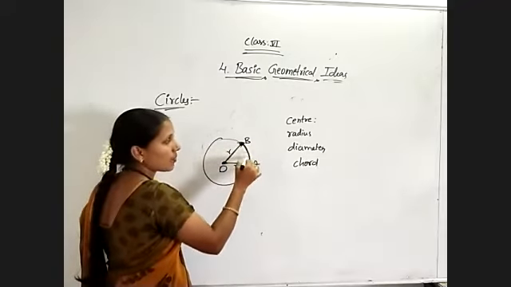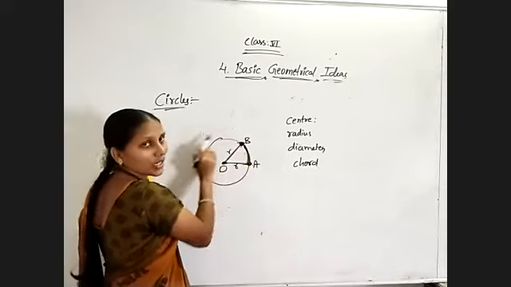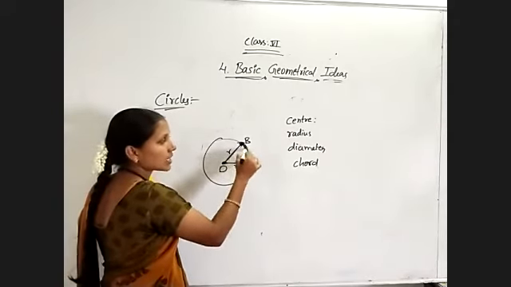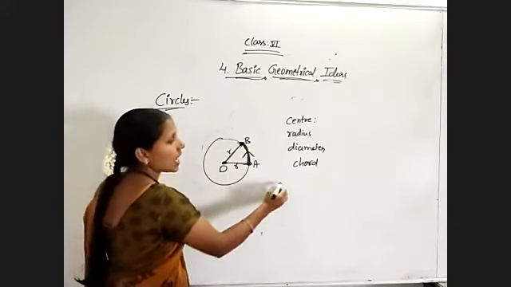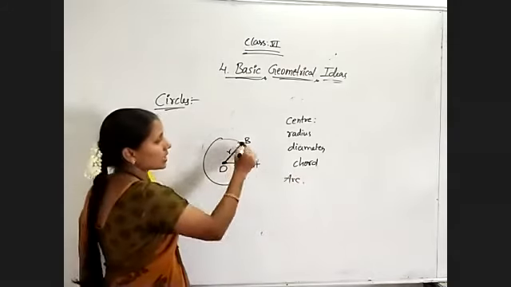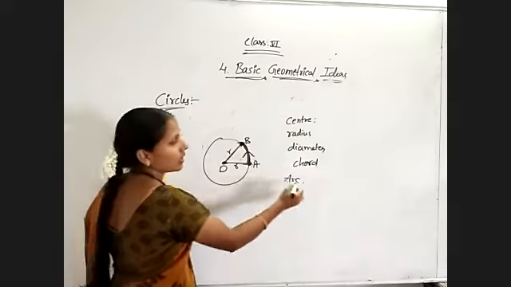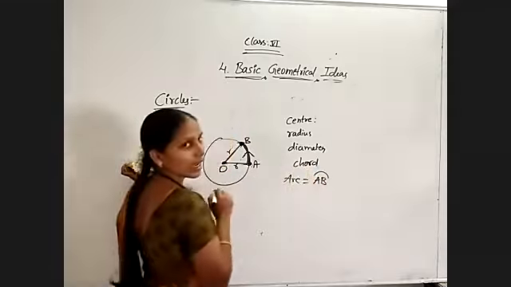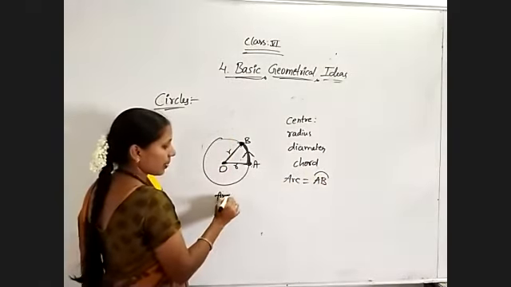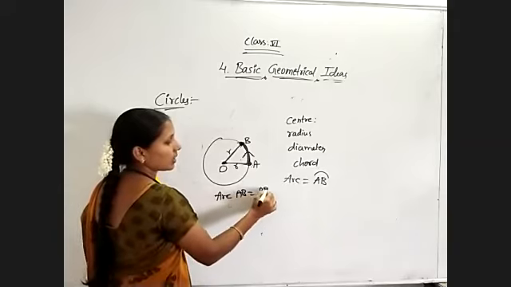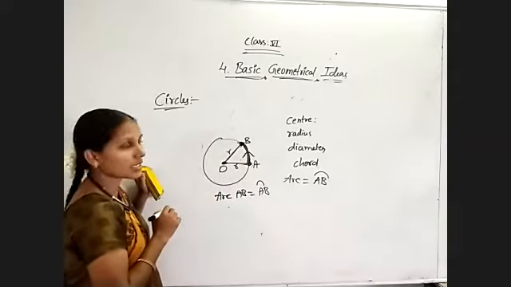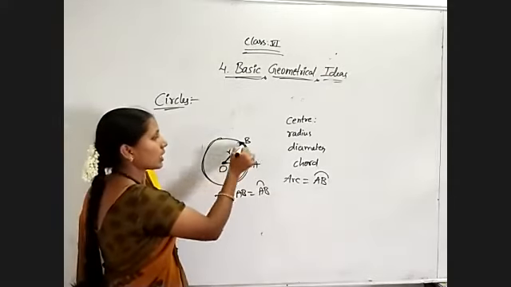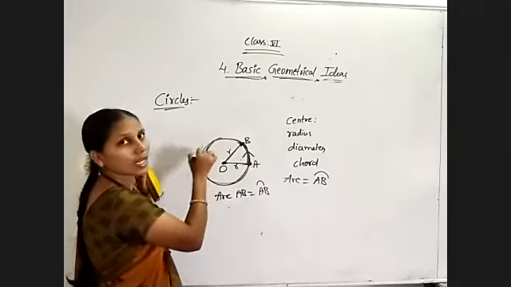See, just observe, this is some part of the circle, yes or no? Not the complete portion, only some part we are taking on the circle. This part of the circle, some part of the circle, is known as an arc. So here AB refers to the arc. In that figure, AB refers to the arc, and it is indicated like this, arc AB. Understand? So next, circumference.